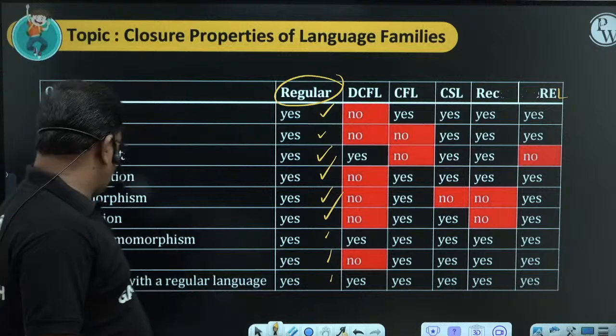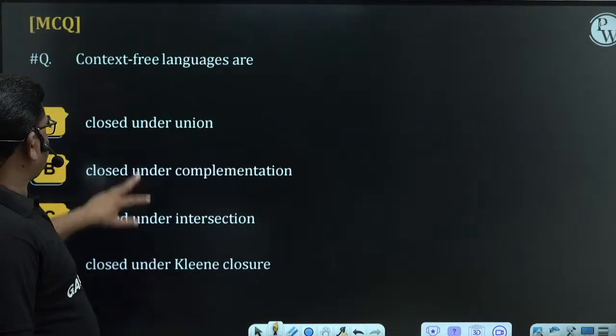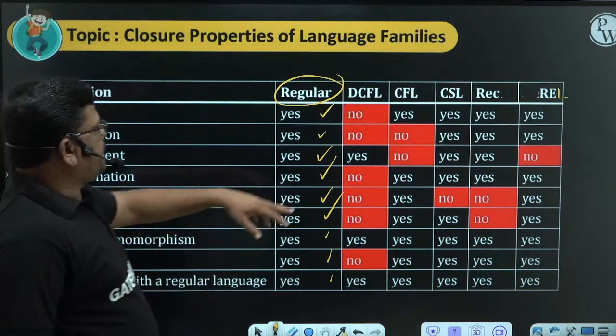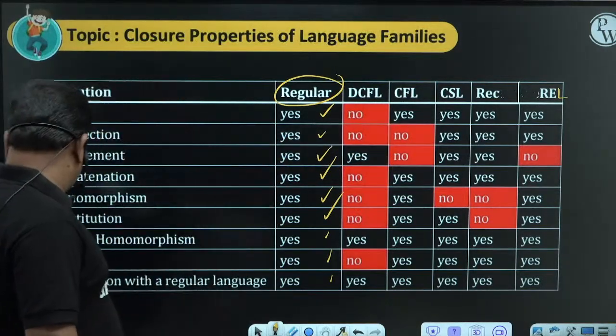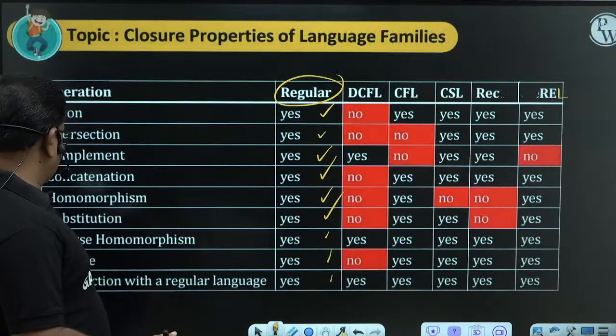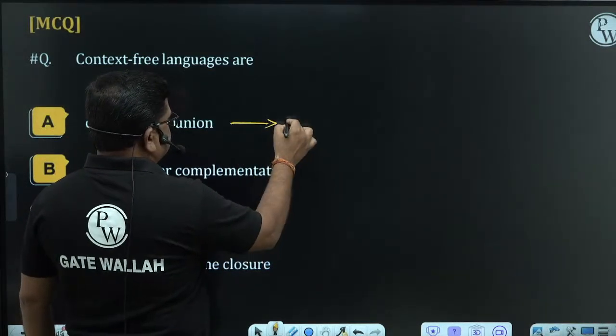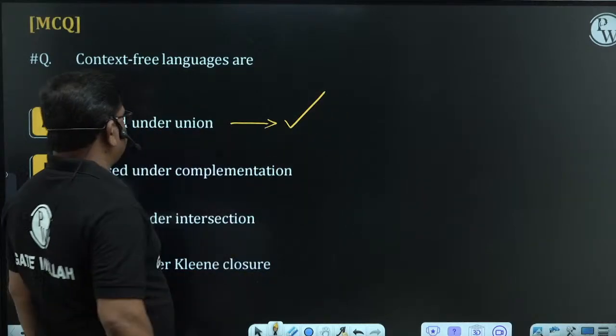Context free languages are closed under union or not; whether it is true or false. Union is closed. So it is closed. Let us write here.